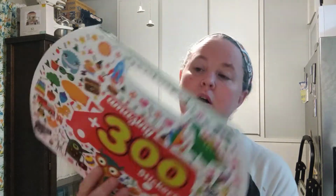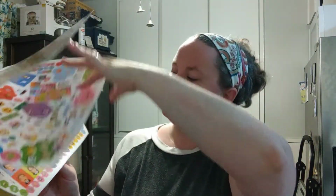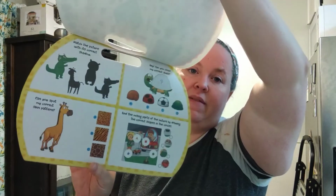I got some stickers, which I'm going to hide because she currently has a big sticker book, but she goes through them. She usually uses a page a day of the sticker book she has right now. And this is less, like there's 2 pages of stickers, but then there's activities. So this is more curriculum-y. So I'll put this with the stuff with her preschool